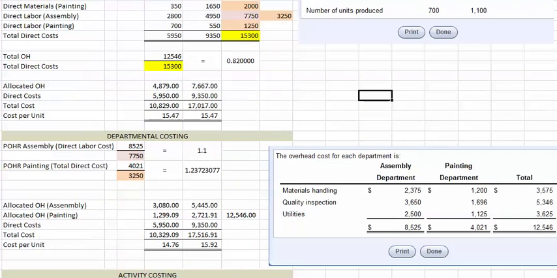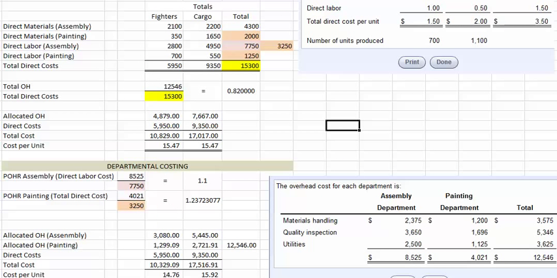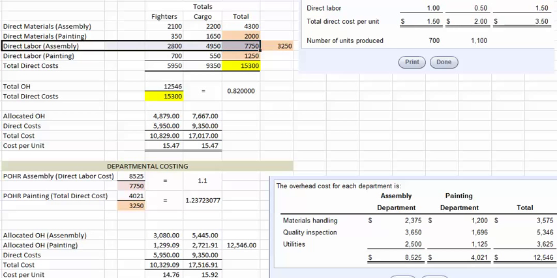The second method we're using is calculating departmental overhead rates. In the assembly department, the costs are going to be allocated on the basis of direct labor costs, while the painting department will be allocated on the basis of total direct costs. The first step is to pick up our total overhead for the assembly department and the total overhead for the painting department. There's the 8,525 and there's the 4,021. For the assembly department, we're going to allocate on the basis of direct labor cost in the assembly department. Here was the direct labor cost in the assembly department, and it totaled